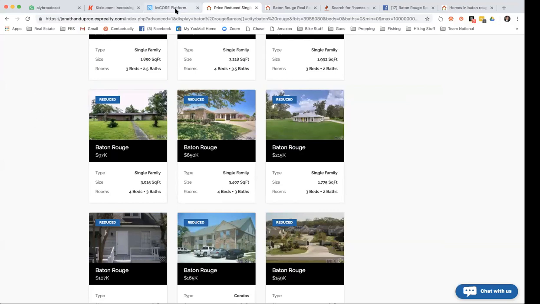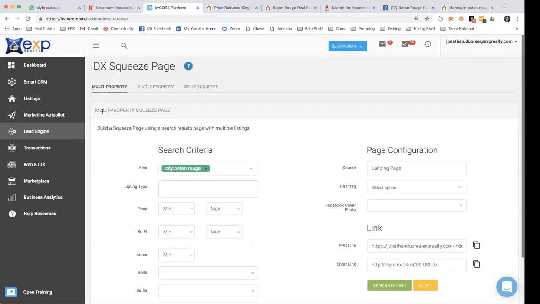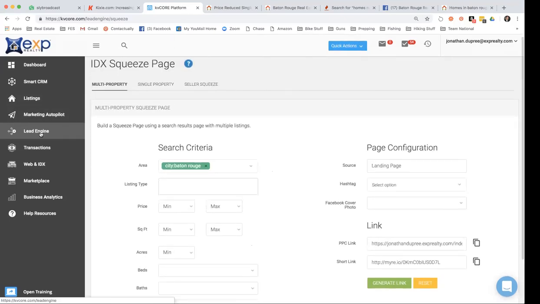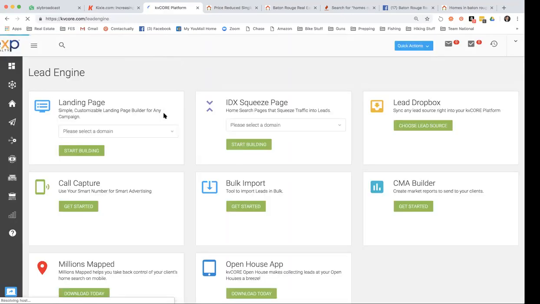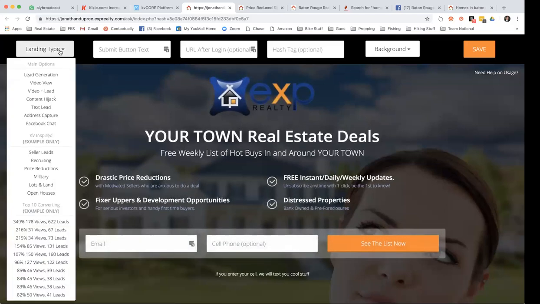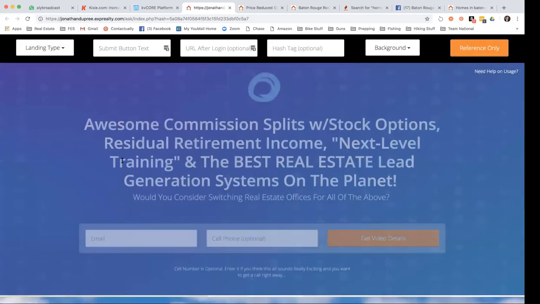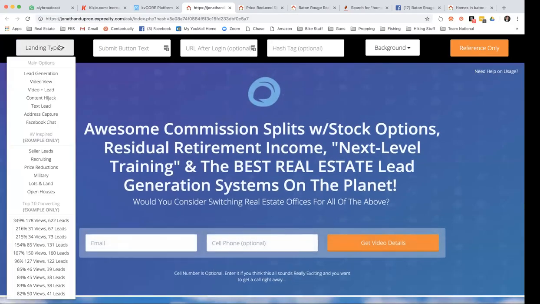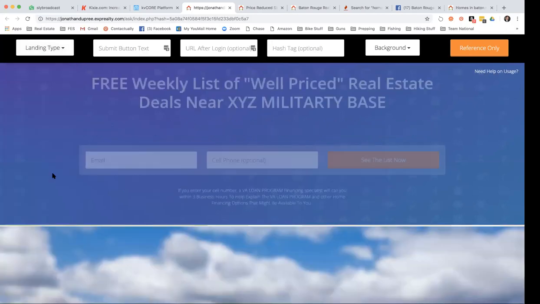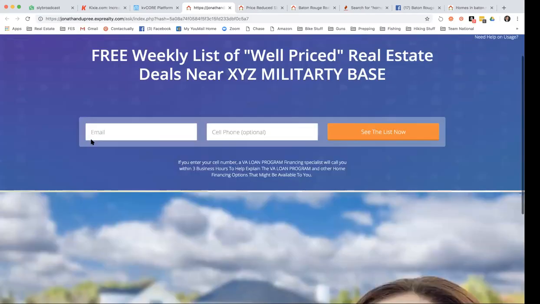Now you can get creative in landing pages. You can make landing pages for recruiting agents. You can make landing pages for buyers, for sellers. I mean, there's so many. They even give you samples. I'm just going to go back into here and start building just to show you some samples real quick. I can go and do, here's a recruiting one. Maybe you want to focus on, I have someone who's a veteran and they want to focus on military,